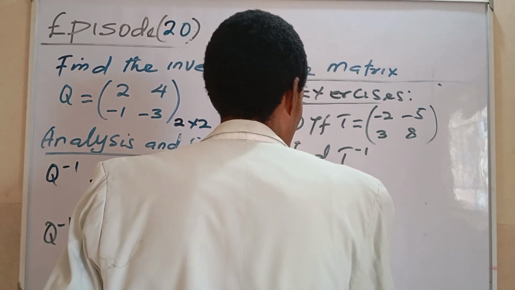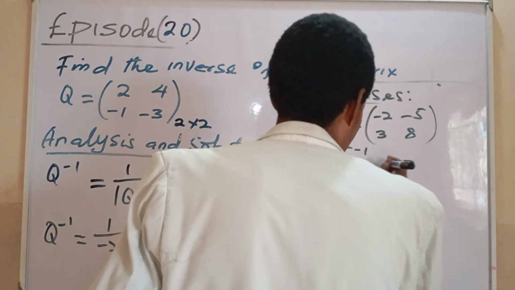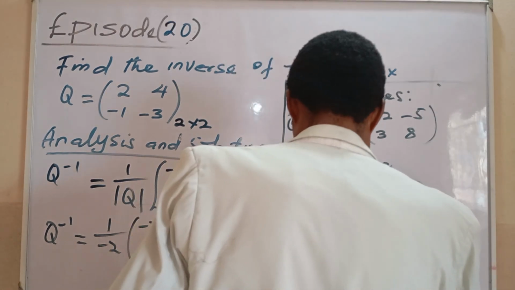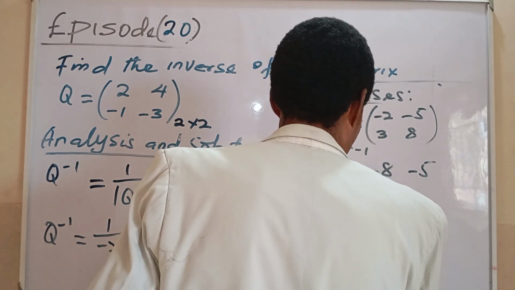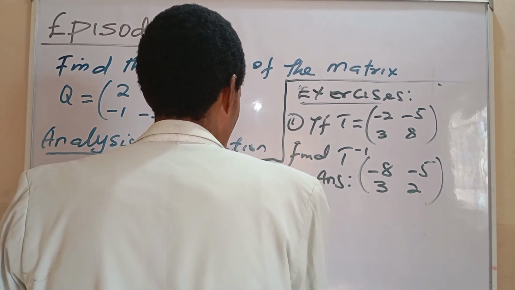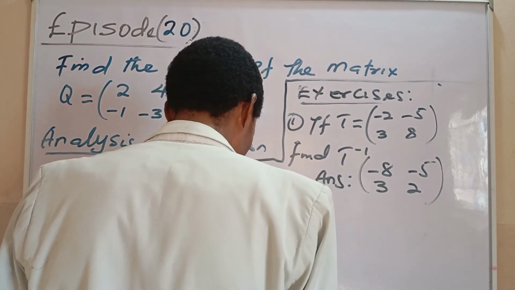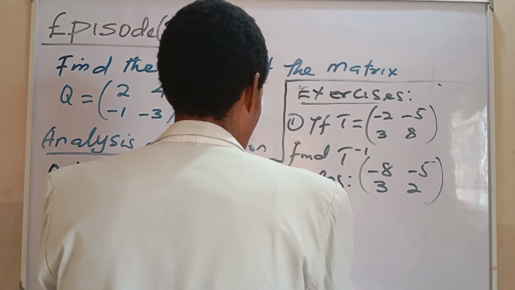So the answer to this is what? Minus 8, minus 5, then 3, then 2. This is the answer. Then question 2. Yes, question 2. We're asked to say find